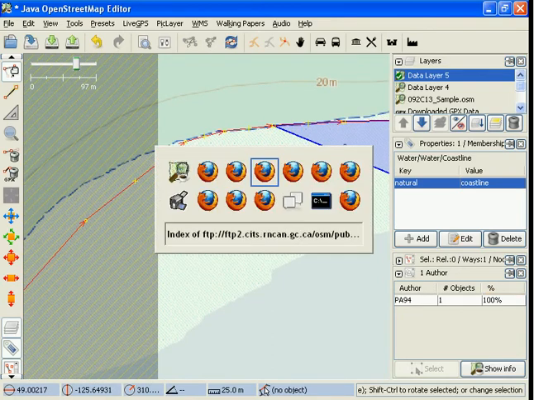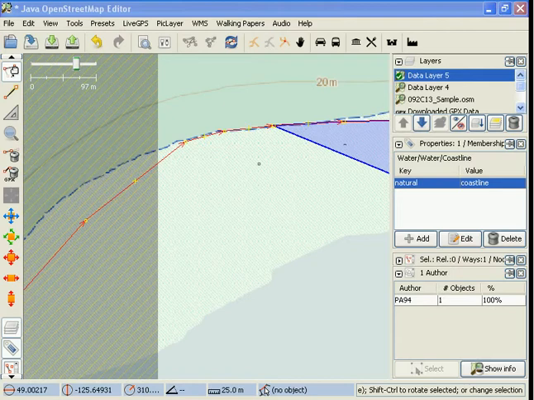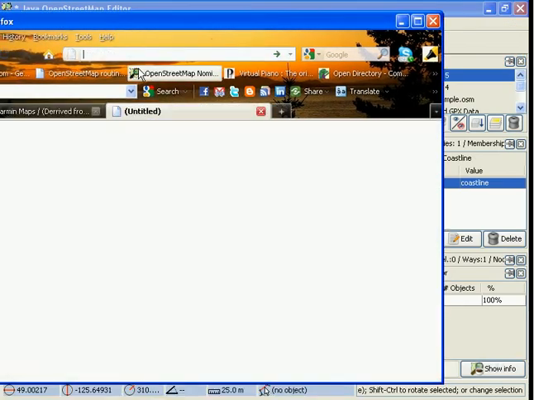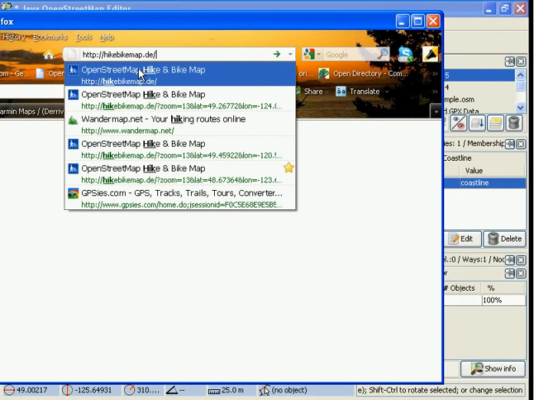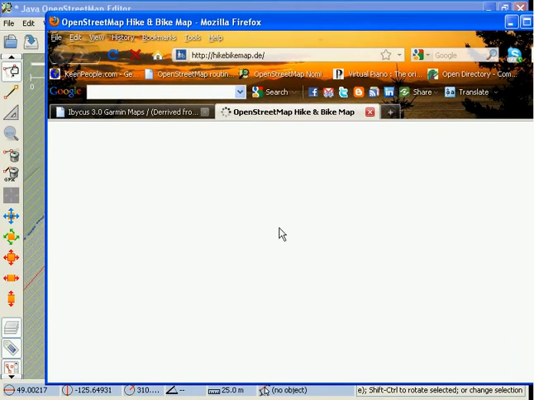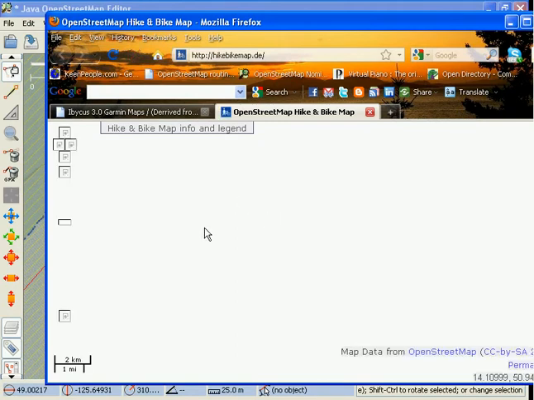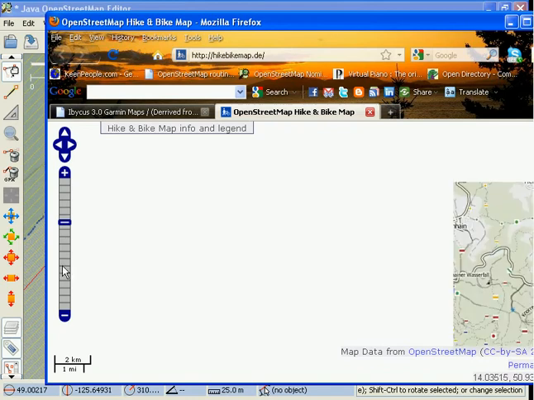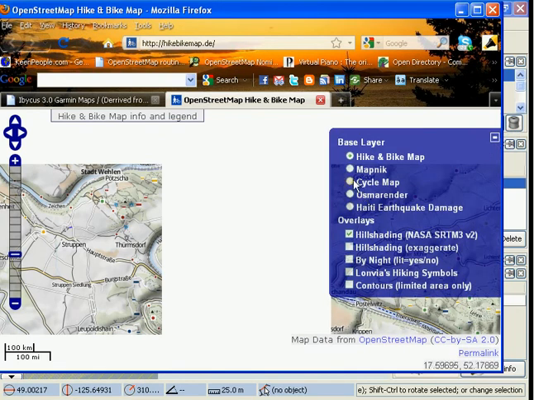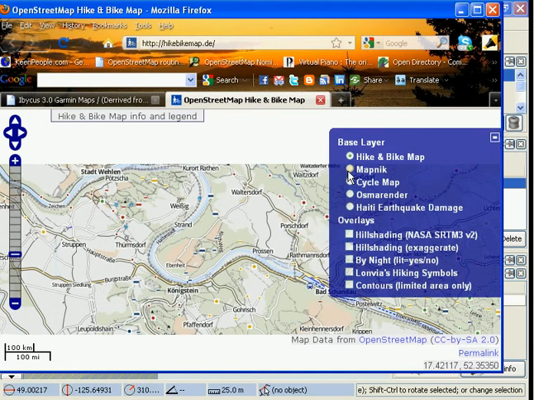Let's go over to this one last final note before the video gets too long, to explain this here. So let's go to hikebikemap.net, and it's going to show how the coastlines really get rendered, which is slightly a little bit different here. So let's just zoom out to the planet size or a little further. Let's just take off that to Mapnik,